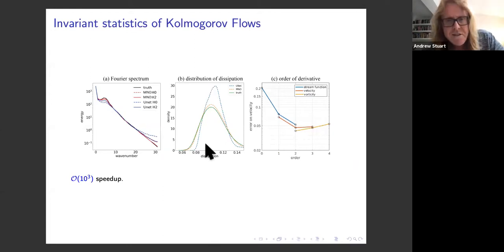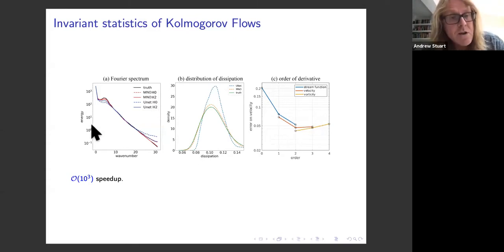And then you can look at the statistical properties of what you've learned. The key point here on the left is that we're able to reproduce the Fourier spectrum of the equation itself by means of this neural network, the Fourier neural operator. There are some nuances here. UNet is a comparator, and we're beating it considerably. But even within the Fourier neural operator context, there are issues about whether you train in, for example, L2 or H2. As you might expect, training in H2, which is a stronger topology, gives rise to a better error. We have more detailed analysis of that question.